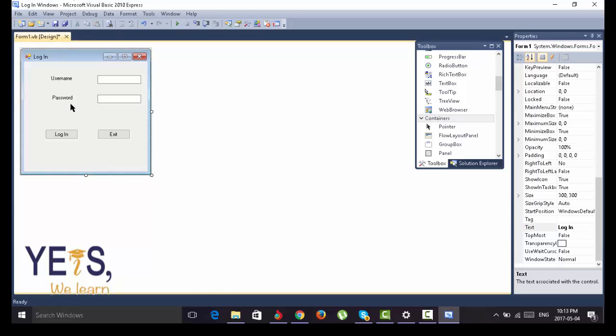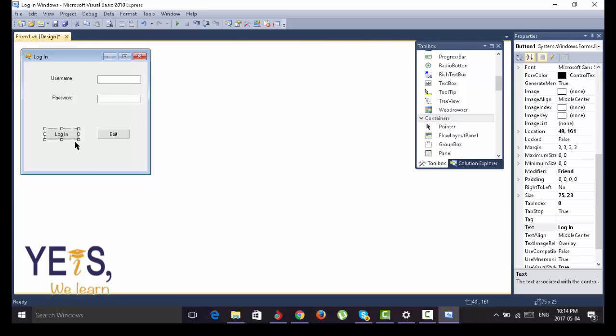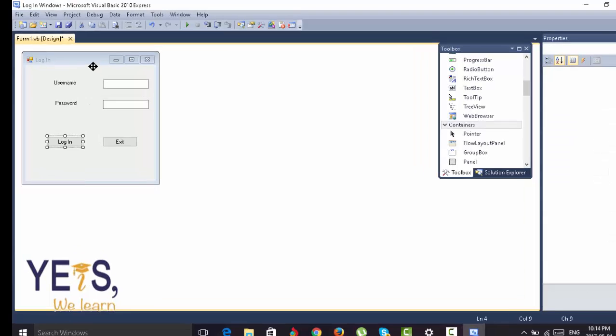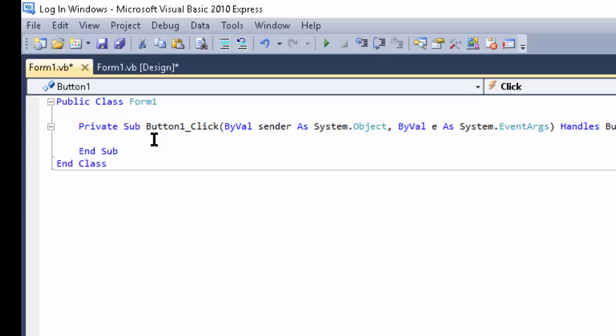Now we're gonna perform our actions. So basically, the first code that we're gonna write is in the login, which is button 1, because when we write our actions on the two text boxes, and when we click button 1, that's where all the actions will be done. So we're gonna double click the login, and we're gonna start off by writing our code, which is